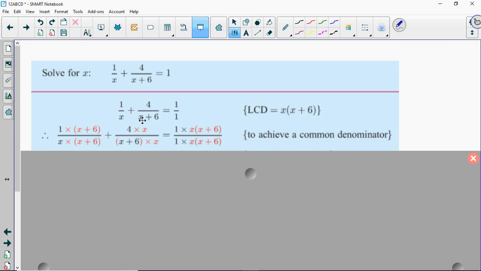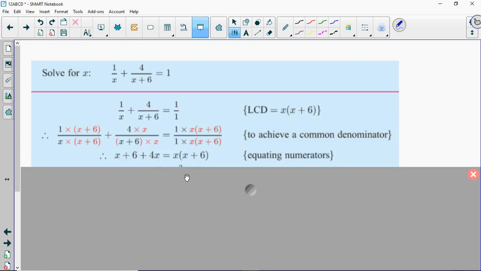Second fraction is missing an x in the denominator, so the numerator gets an x. Third fraction is missing both x and x plus 6, so it gets it in the numerator and denominator. And then we notice that all 3 of the fractions have the exact same denominator, so that means we can just essentially multiply by that common denominator everywhere, and the numerators will be all that's